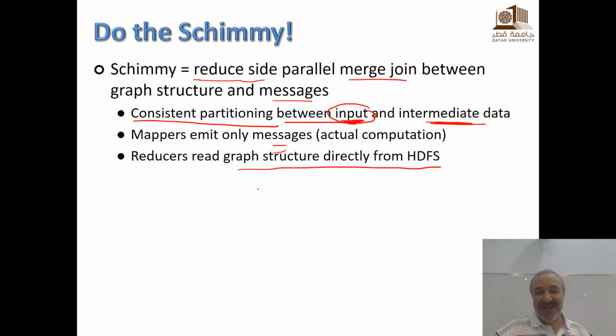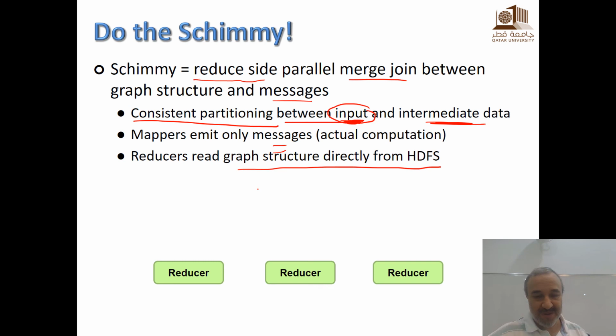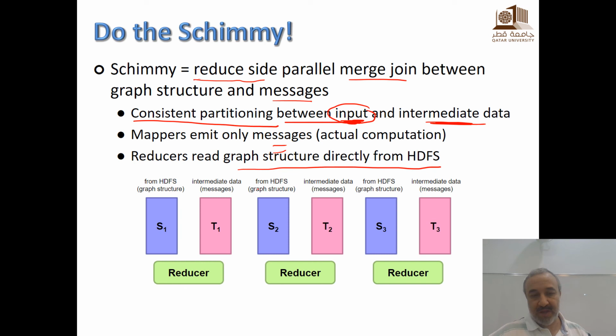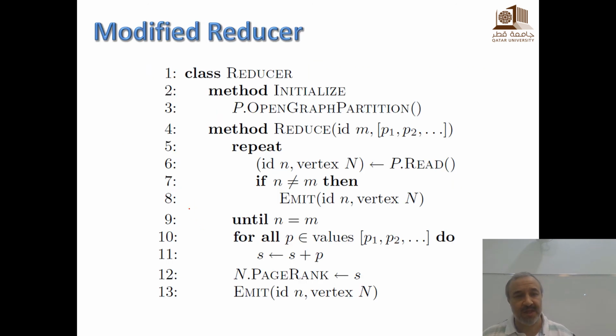Okay, so I think we just have a couple of slides. This is showing you what's going on. In the reducer we have the messages, and we have the graph from reading from HDFS. So we just merge them. Here's the modified reducer in this case. In initialization, we open the file and we start reading the file. And in the reduce,